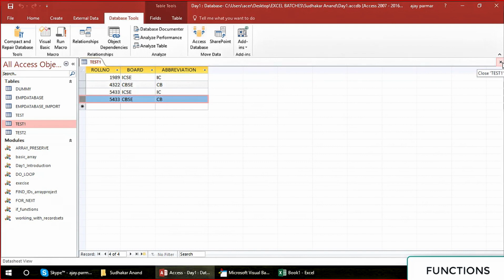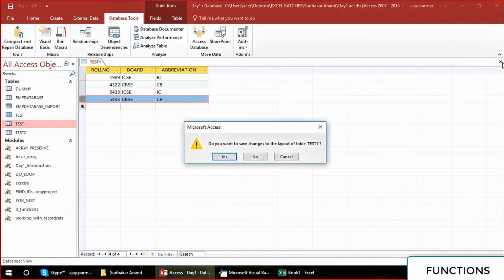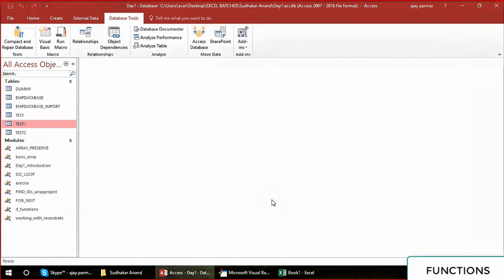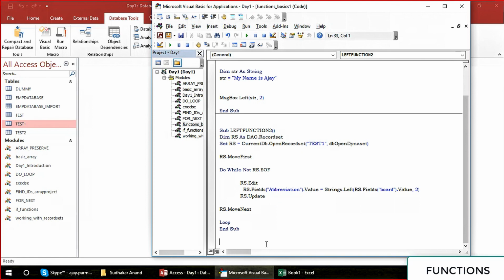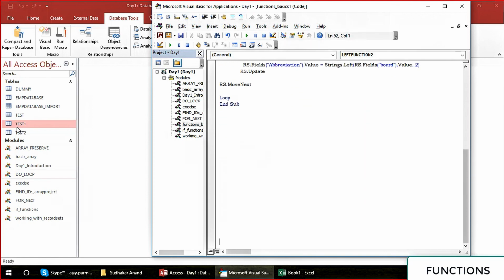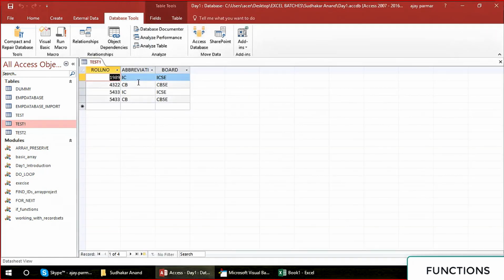There are many functions. Okay, I'm going to talk about one more function because I cannot go and explain all the functions. Obviously, it's not possible. But if you know how they are used, you can use them. So one more thing in this text function, let's say what we want to do is,